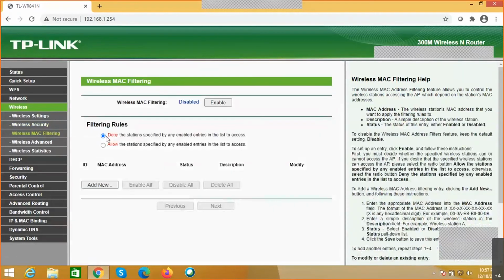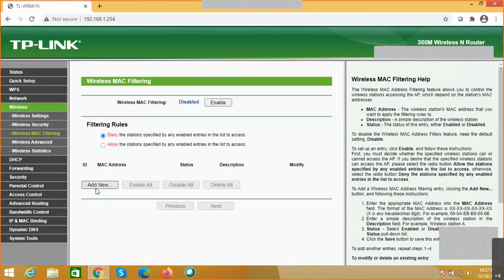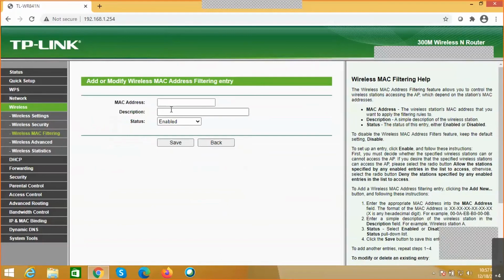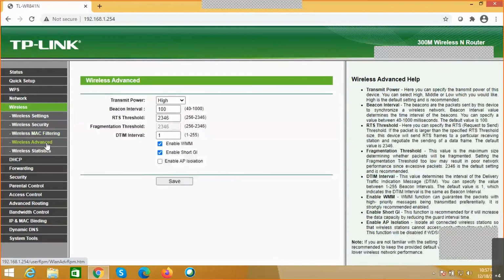And we also have one more section called MAC filtering, where, let's say, we have a particular laptop that only needs to be accessed onto this wireless access point. Then we can define that particular MAC address here, so that only this MAC address can be used to access this wireless access point. Whether we want to allow or deny, that filtering rule can be done using the feature called MAC filtering.